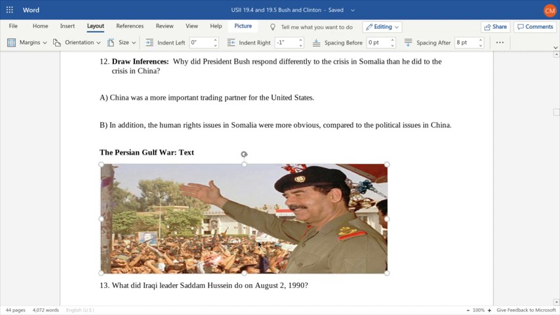Why did President Bush respond differently to the crisis in Somalia than in China? Well, China was a more important trading partner for the United States. Often the United States has its own self-interest in mind making its foreign policy decisions, so they did not want to jeopardize trade with China by being too proactive and helping out the citizens in China who were being killed